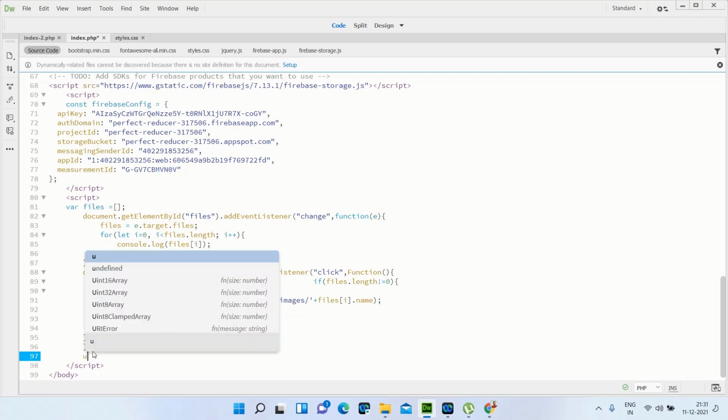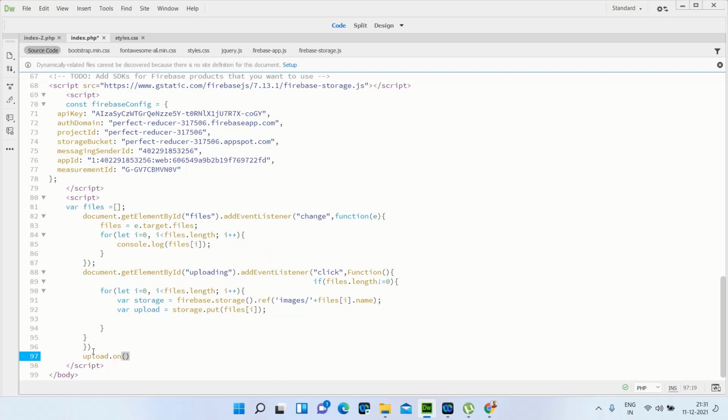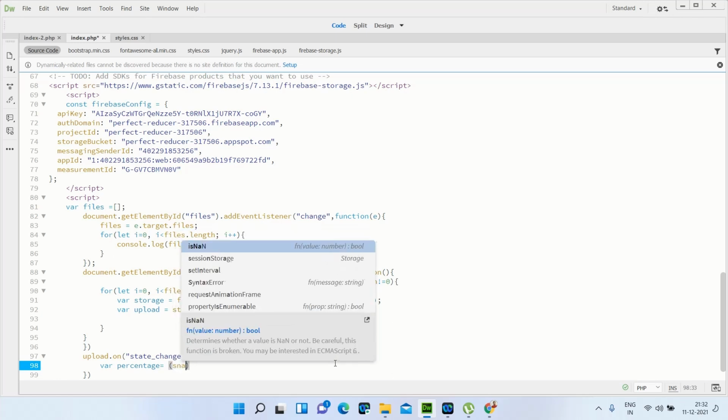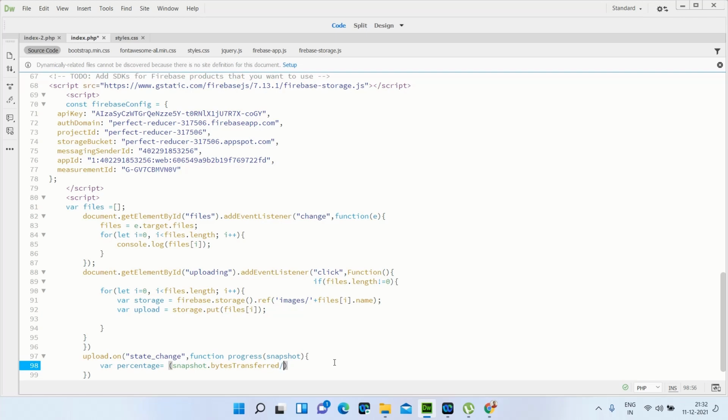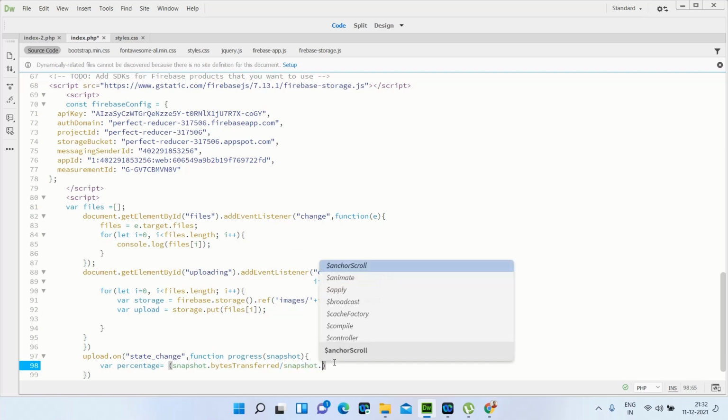Just write upload dot on state underscore changed, function progress, snapshot. After that we start the curly bracket, and here let percentage equal to snapshot dot bytes transferred slash snapshot dot total bytes into 100.